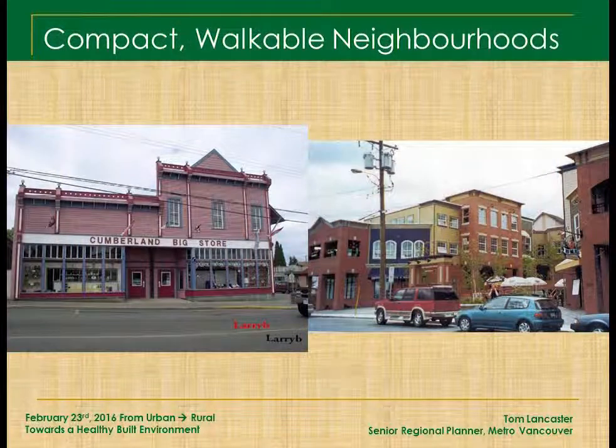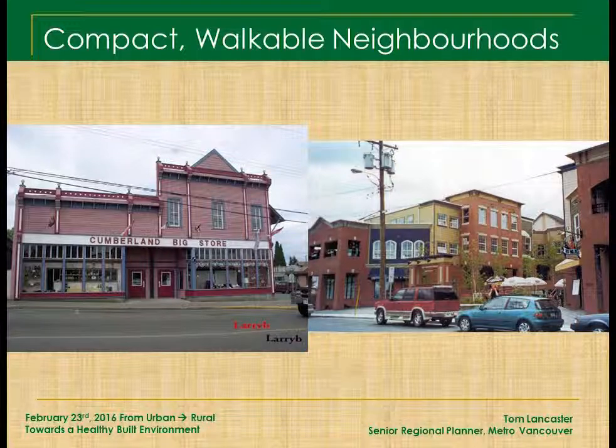So when we say a diverse mix of land uses, it doesn't always mean that it's compact. Because sometimes you can have a diversity of land uses, but it's so big that you would drive to one place, drive to another, drive to another. Make it so that it's compact and walkable. And you do that through what's called nodes, neighborhood nodes. Right? So you don't just want sprawling commercial and sprawling residential all over the place, because it's not going to work. You need the density in the place to support the business, to support the walking, to support the cycling, all that stuff. So compact and walkable neighborhoods.